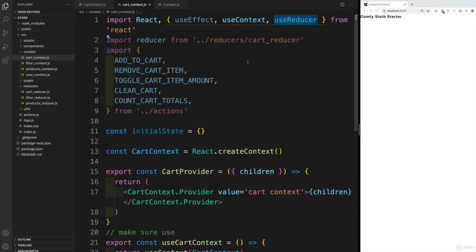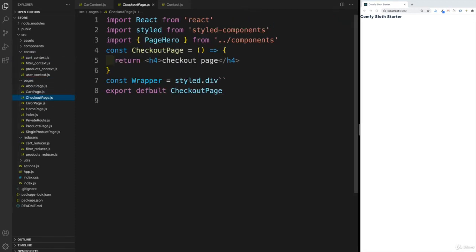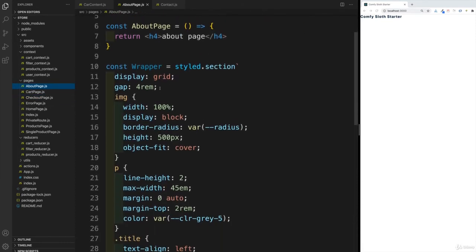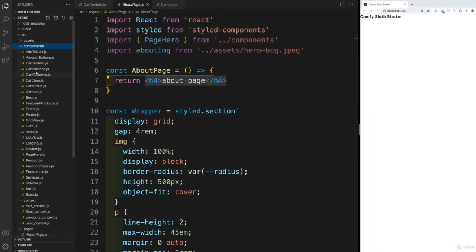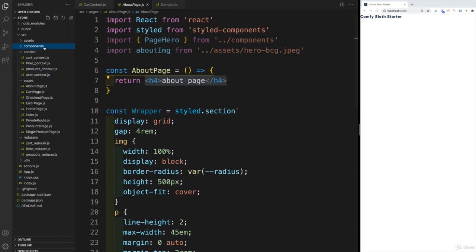Now, if you need to brush up on useReducer, please do so, because of course, I'm assuming that you're already familiar with the basics. You know what the actions are, why we're passing in the state and dispatch, and all that good stuff. Then we have the pages, and essentially these are the same React components. Now, of course, the difference is that we will use them as pages in our React Router. So essentially, same components. We have ones that we're going to use in the pages, and then we have the ones that are going to be pages. And I just split them up in the pages directory. That's the only thing that I'm doing.